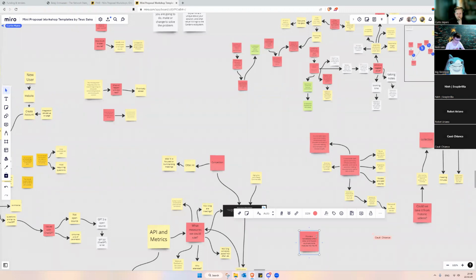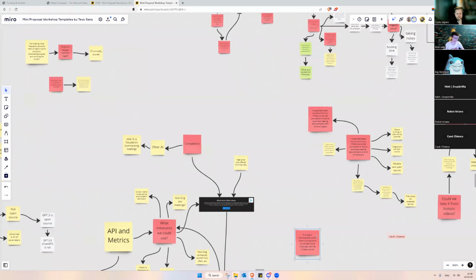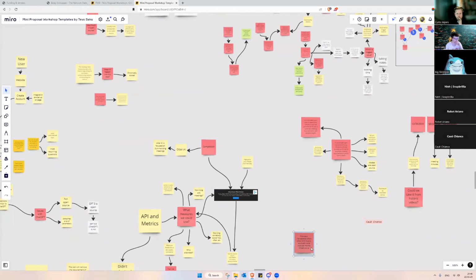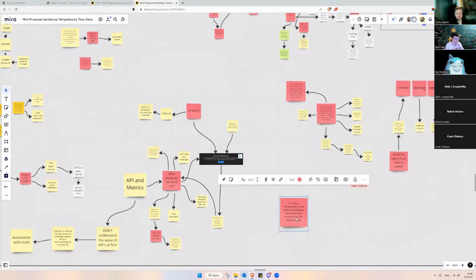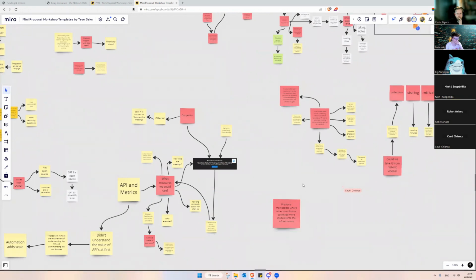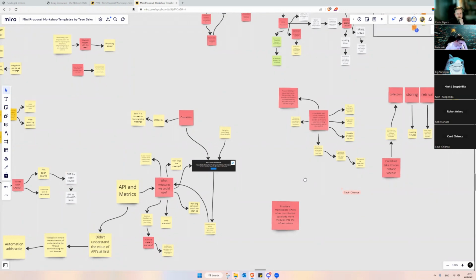And so I think an AI is trained to do something that people can do. That's sort of the point.